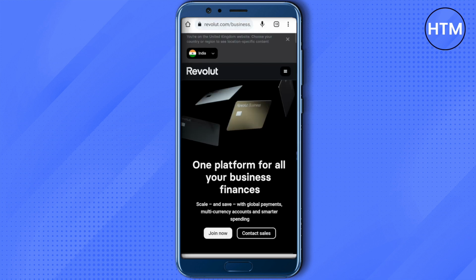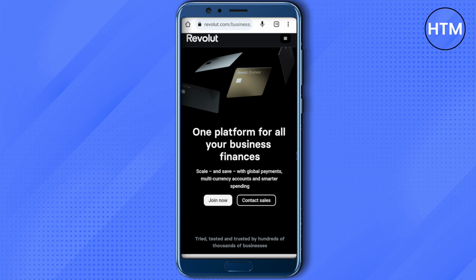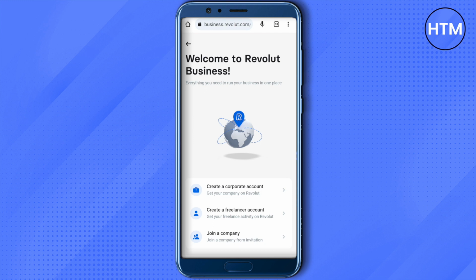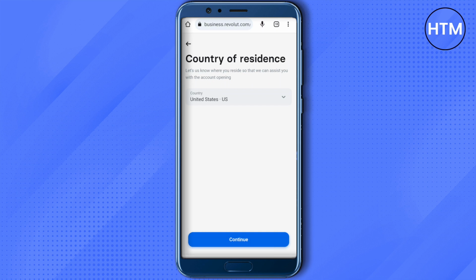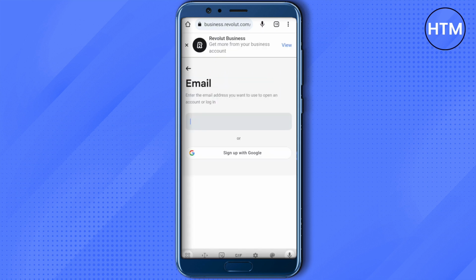After that, you will find this option of join now over here. Just click on it. Now wait for it to load, and here you will have to select the kind of business account that you are looking for, whether it is a corporate account, freelancer account, or you want to join a company. Just select any of the options, then select the country of residence, click on continue, and after that